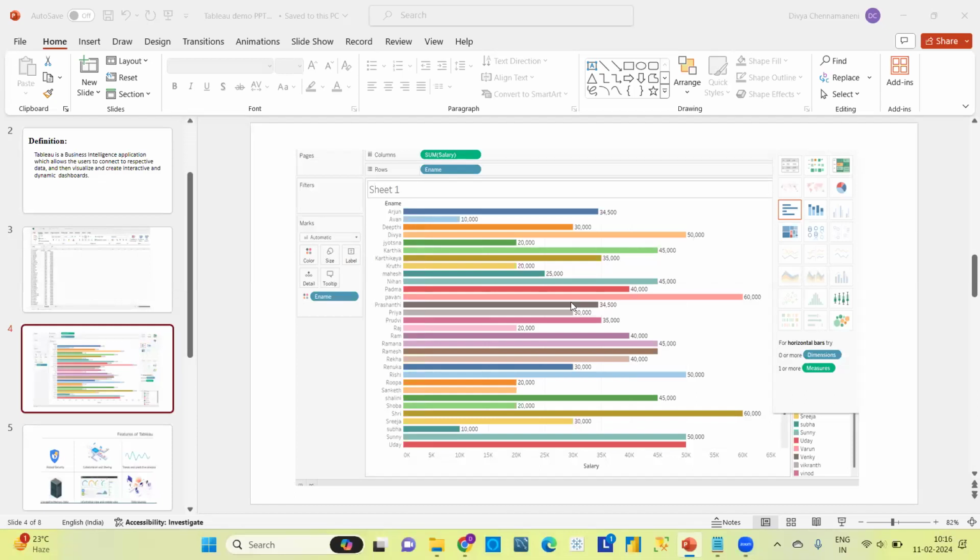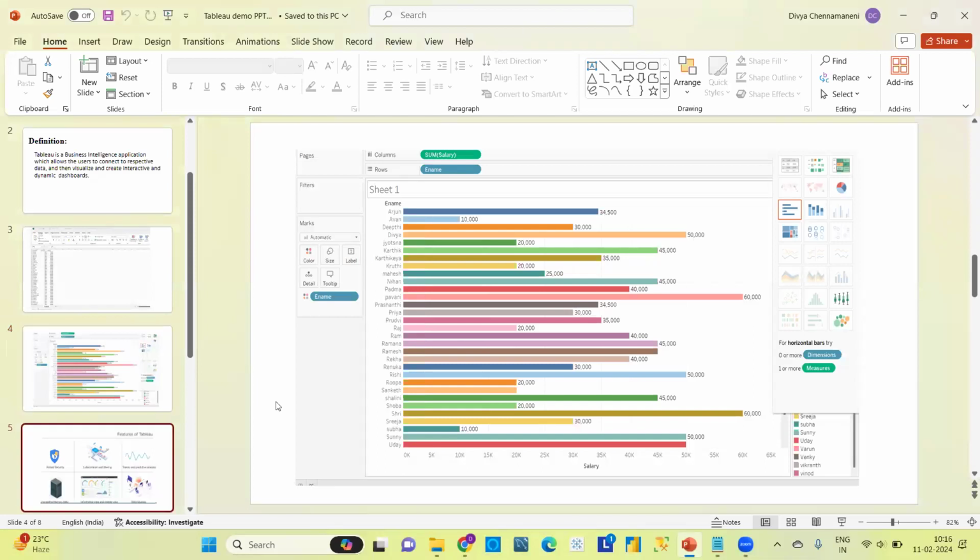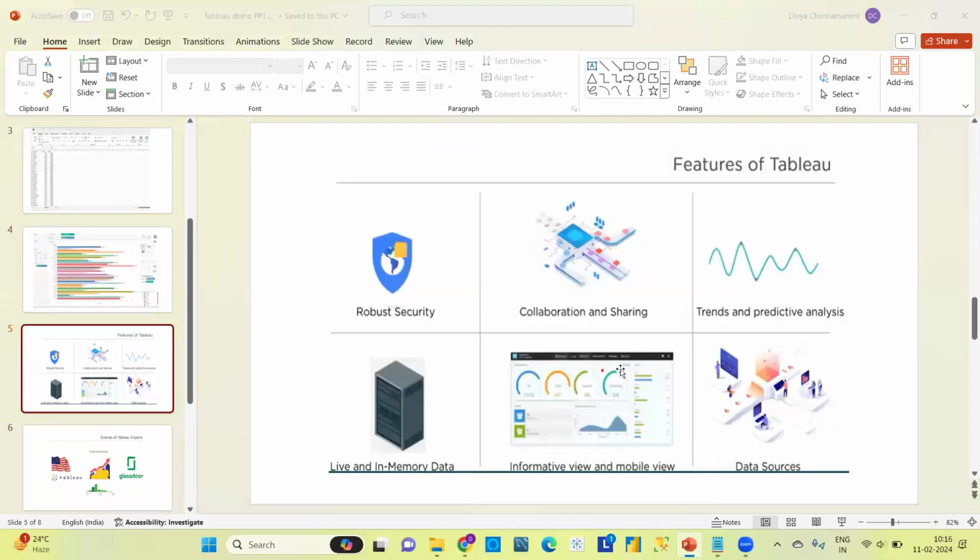Now, let's see some of the features of Tableau. These are some of the features of Tableau. First one, robust security. Tableau provides high-level security to the data.